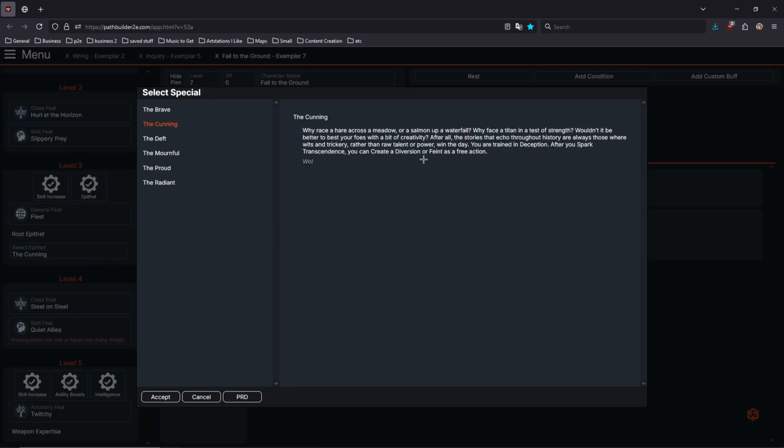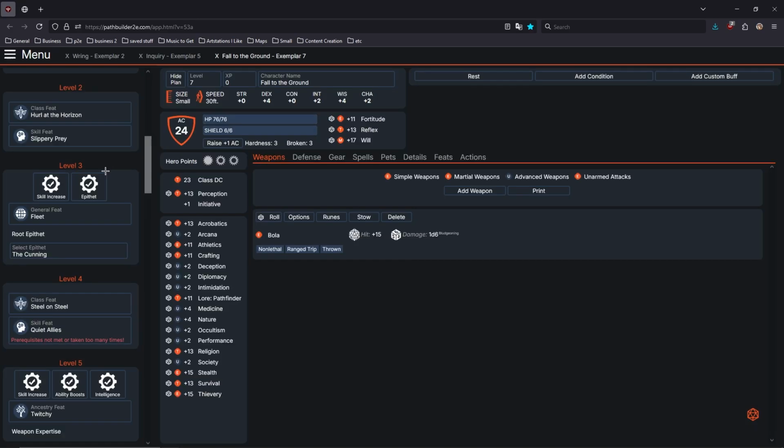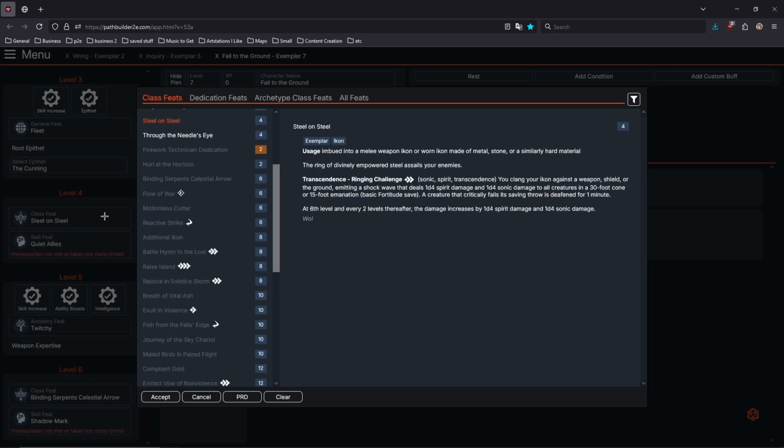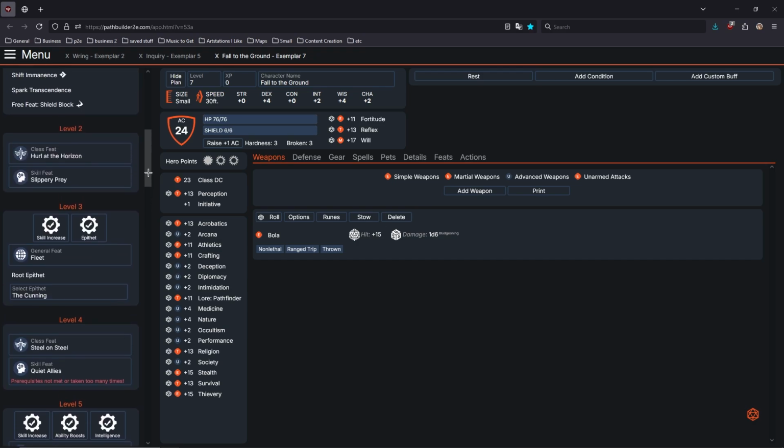The Cunning Epithet, which causes you to become trained in deception, and after you spark Transcendence, you can either create a diversion or feint as a free action. And so this will allow us to use Create a Diversion to off-guard enemies at range every so often for free, so that we can both have a higher chance to hit and get some additional damage from our Shadow Sheath. At level 4, we're going to grab Steel on Steel so that we can...